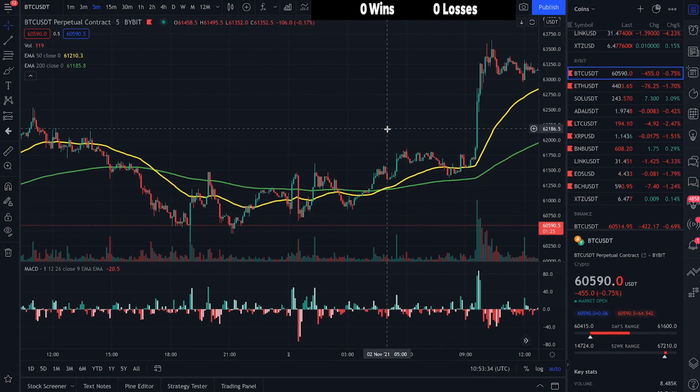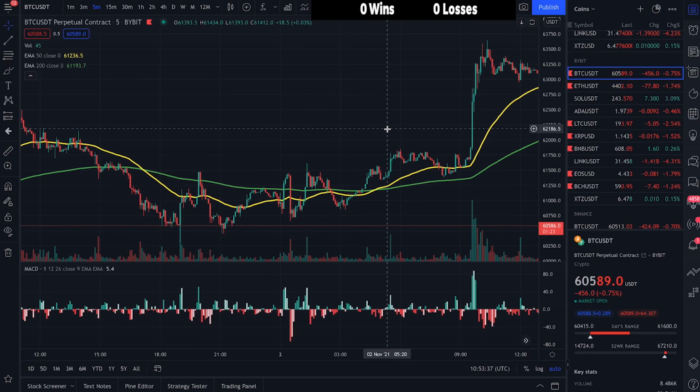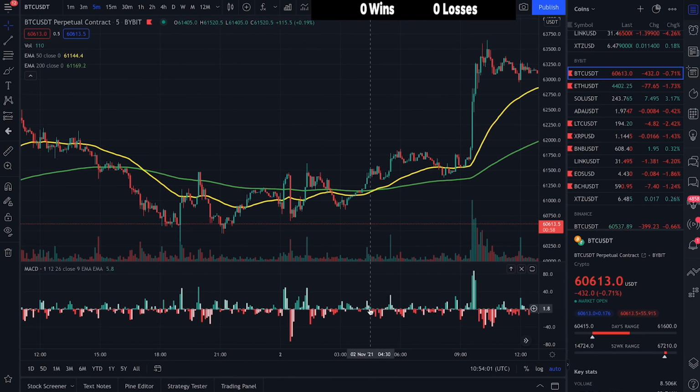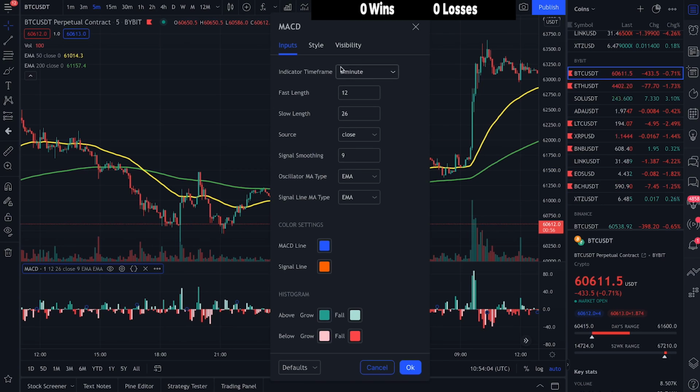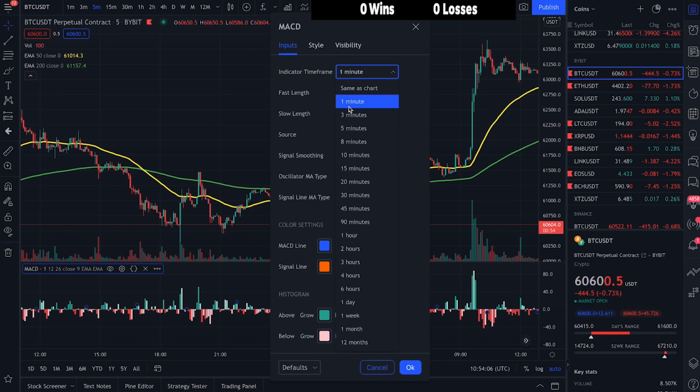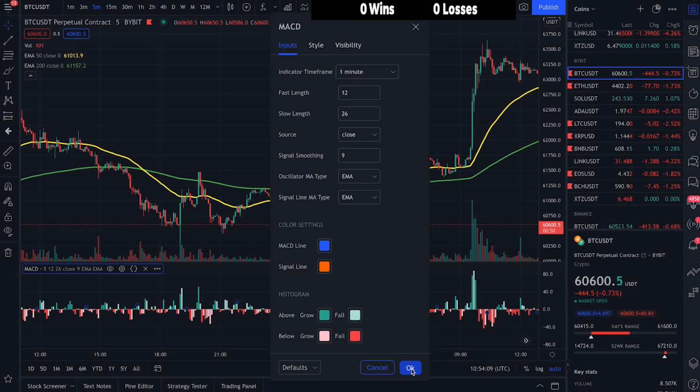Alright guys, today I will be scalping Bitcoin in the live market, and I will be using 3 different indicators. I will use the 50 EMA, the 200 EMA, and the MACD. I will be trading based on the 5-minute time frame, but I will use the MACD from the 1-minute time frame. You can change the MACD settings here from 5 minutes to 1 minute, so I'm combining 2 different